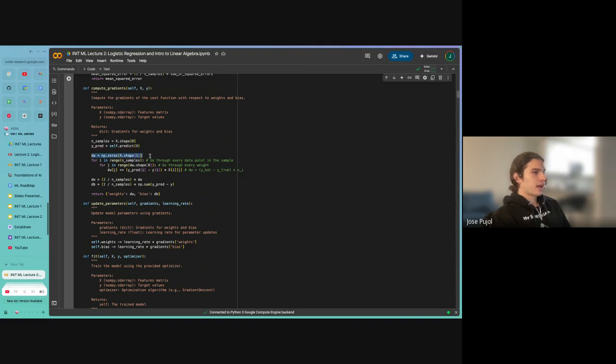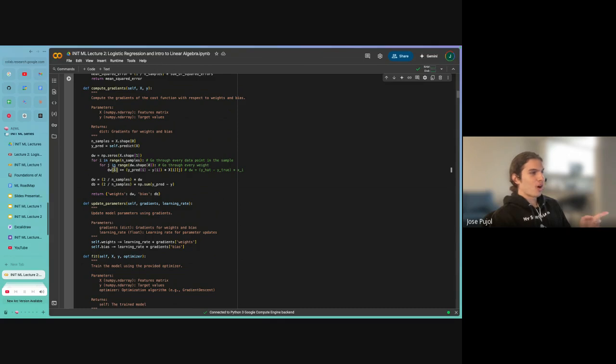Again, I initialize just an array of zeros for how we're going to update our dw. So it's just how we are adjusting our weights. And then you see our dw for a particular weight for that feature. For example, dw of 0 is how we're changing the weight that corresponds to... Now, it might get a little confusing because I put w0 up there, so I'm going to use 1.